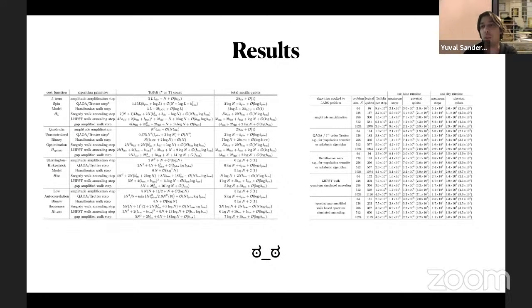So this is just a snapshot of some of the results that we have. There's a couple of tables in our paper, and there's a ton of tables in our paper. These are just two of them. So we do all of this sort of Toffoli counting, and we do all of this analysis to decide what's the overall runtime, and then we make faces like our friend the emoticon down below.